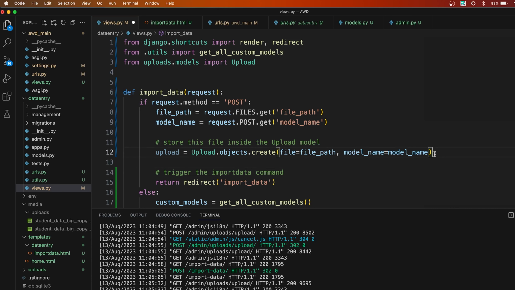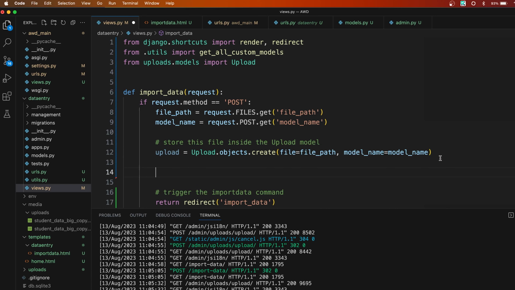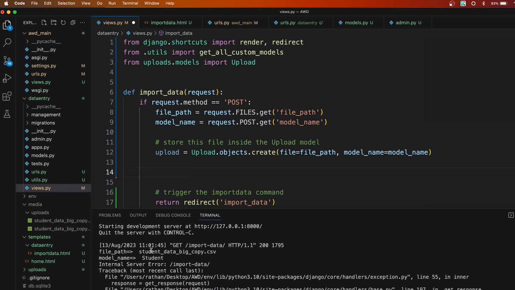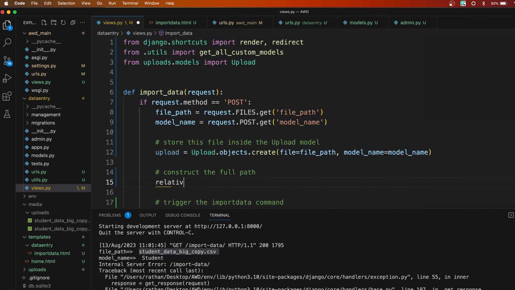After this, we will make the absolute path. Currently the path is just the file name. So you see here, student data big underscore copy.csv. Giving this file path will not work with this import data command. We want to give the full path. So we'll construct the full path. Okay, so we have the path here, which is the file name, and I'll actually say relative path